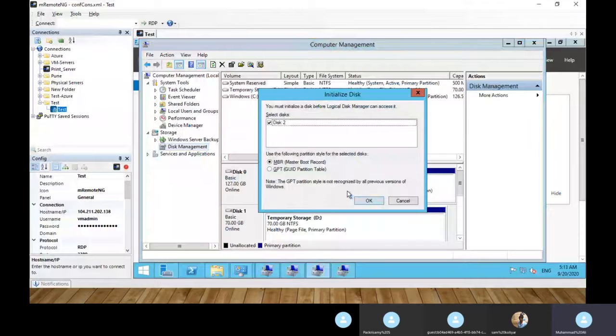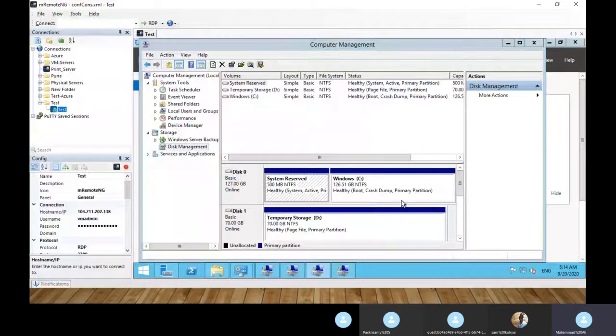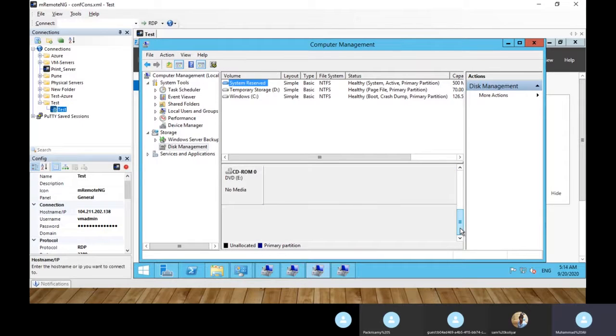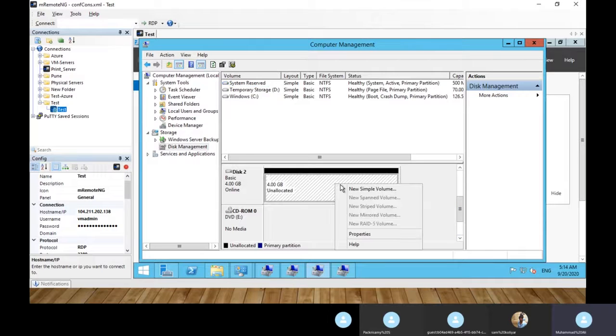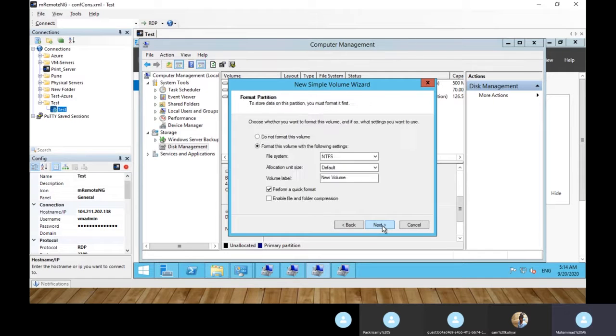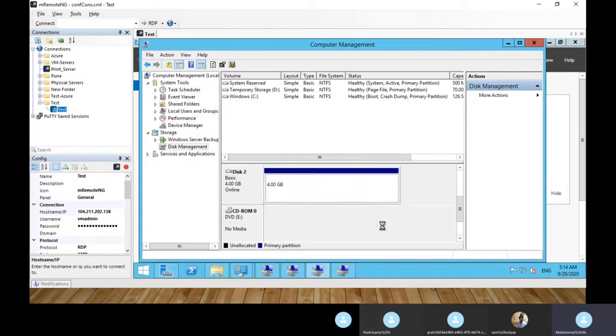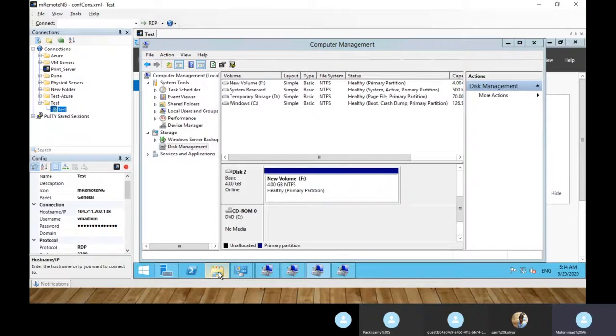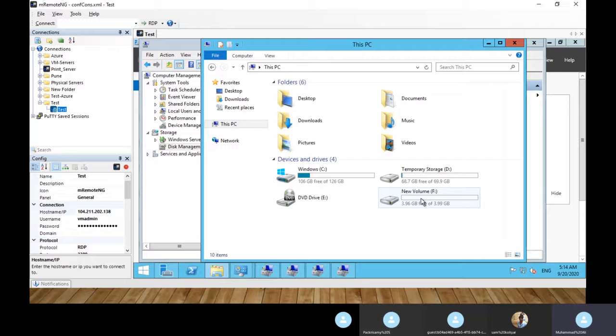I created an MBR now, and the disk is created. This is unallocated, so I am going to allocate it now. Okay, my disk is ready.